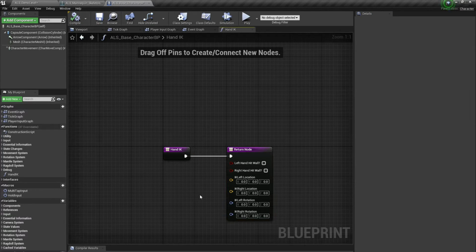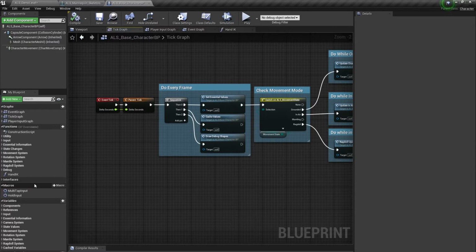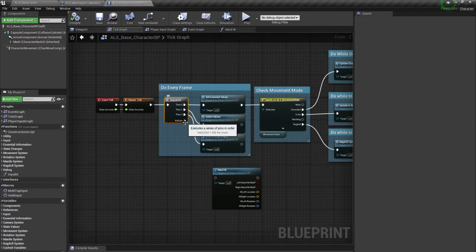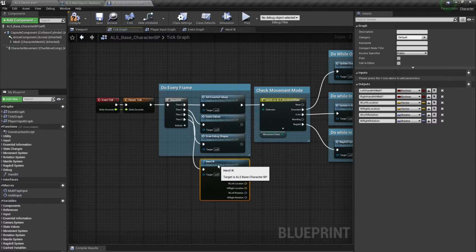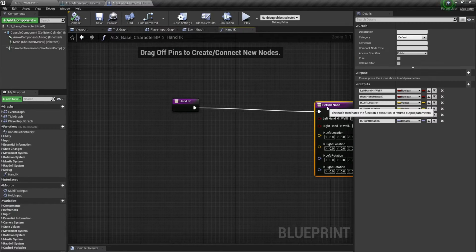Now we are just going to save it. And we are going to add it to the TIG graph and just click on the add pin and connect it. Go back into the HandIK function